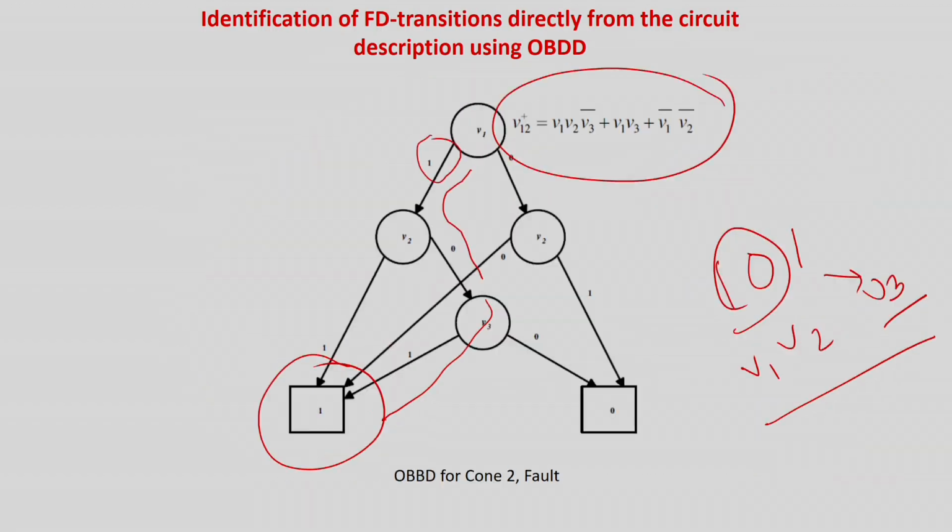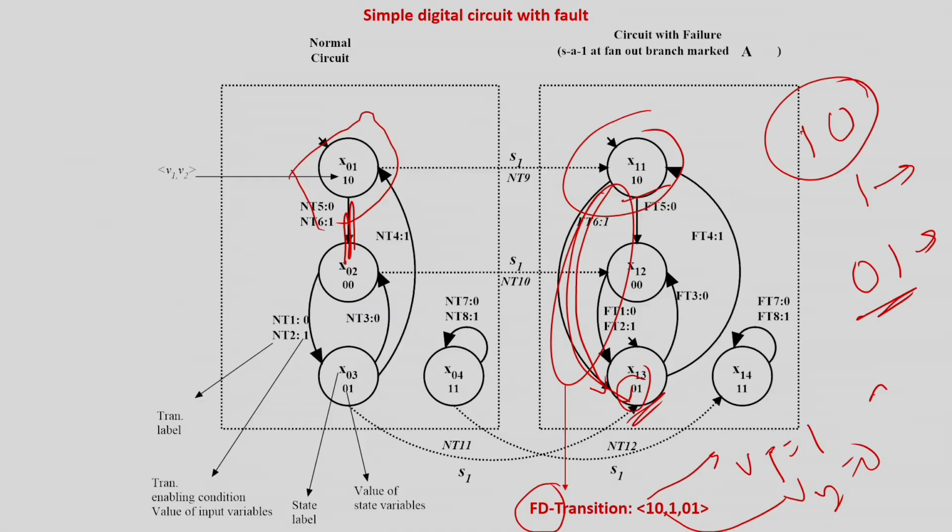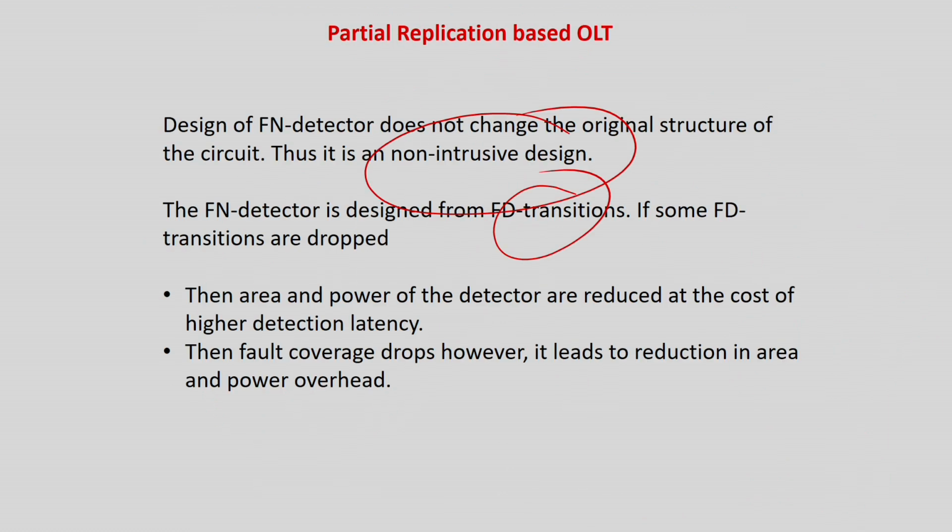FD transitions are very much correlated with faults. For this fault, there are so many FD transitions. Then you try to find out which are the most important faults. You keep only them. Other non-important faults you do not at all bring into the picture. Also for the given faults, there are say 10 FD transitions. Try to find out which FD transitions occur frequently. Because as I told you, say for example in this case, if the initial state is an unreachable state, we should not take any kind of FD transition from that state, because under normal conditions the circuit will not reach that state. So even if there are some FD transitions starting from the unreachable states, you may drop them.